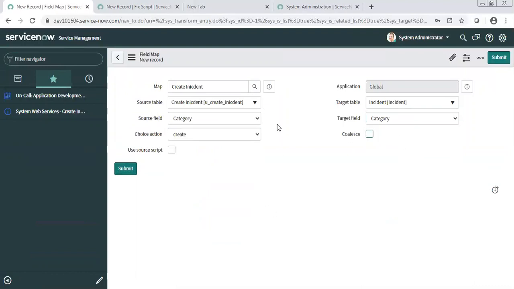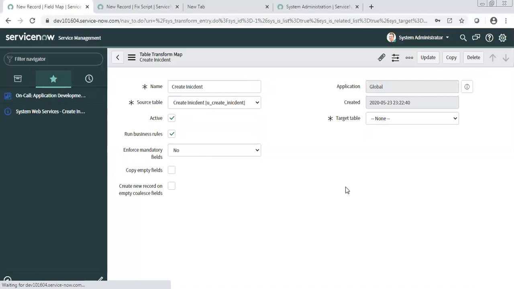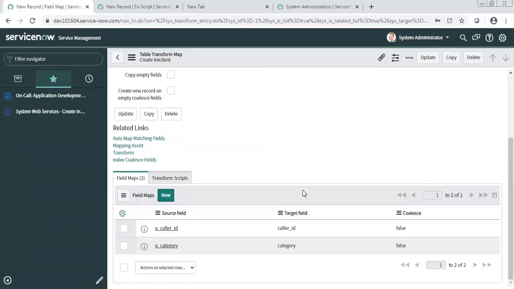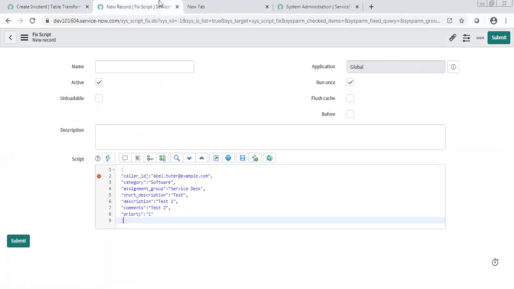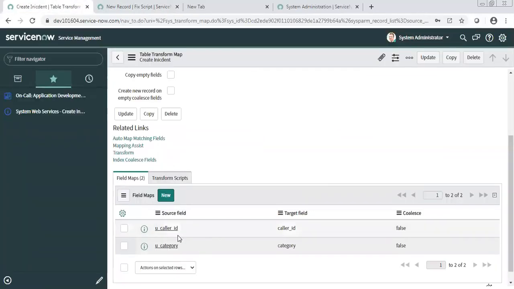These coalesce options and all, I think you are already aware of in the transform map. Just tell me once, it's like a unique identifier, right? Yeah, a unique identifier. It basically helps you to avoid duplicate record creation. We don't need to select this if we are using it for create. If you are going to use the same for insert or update, then you need to define at least one field. But as we are using this for create, you need not define it. Okay. So the next thing is assignment group.